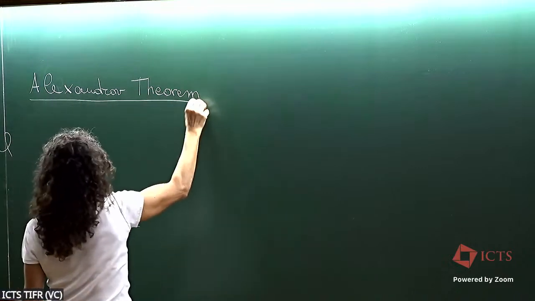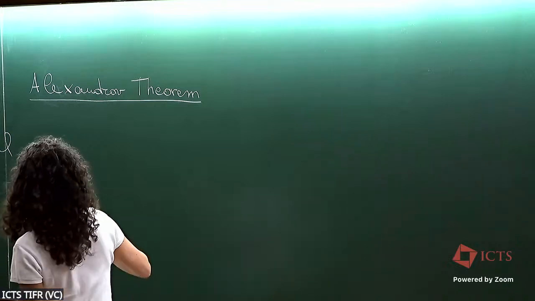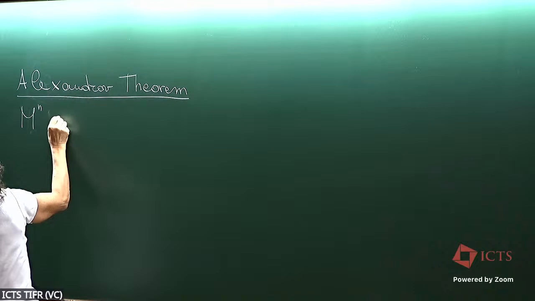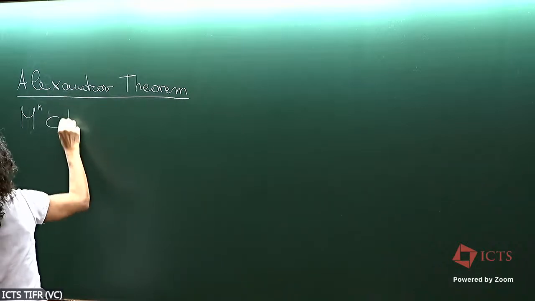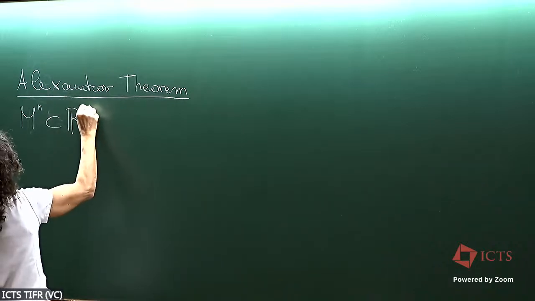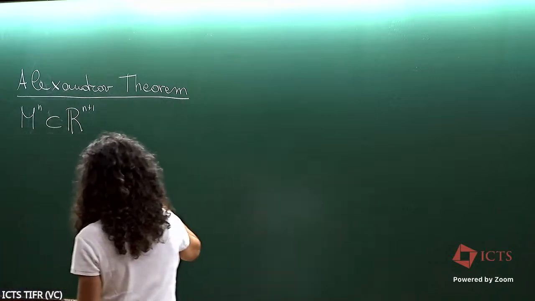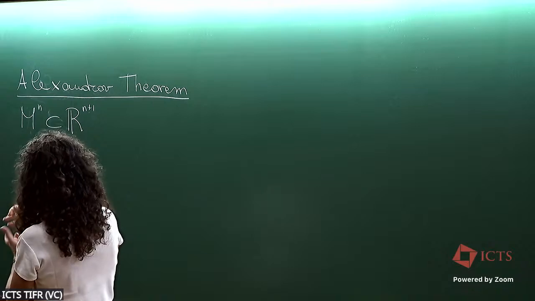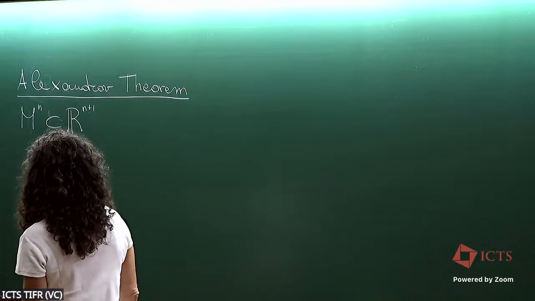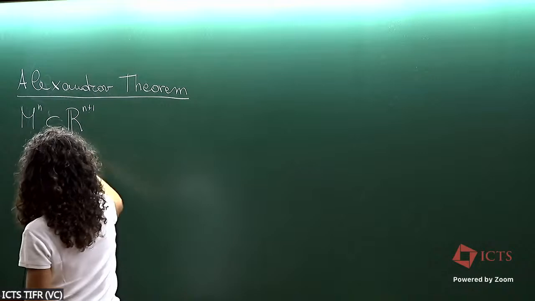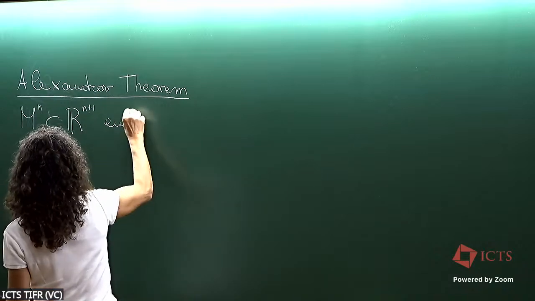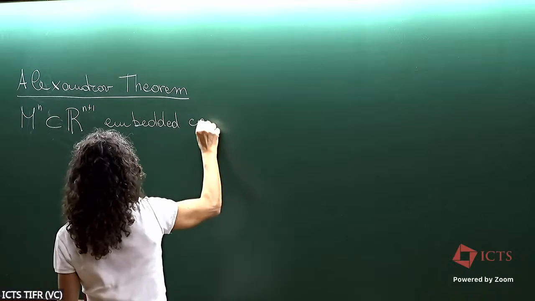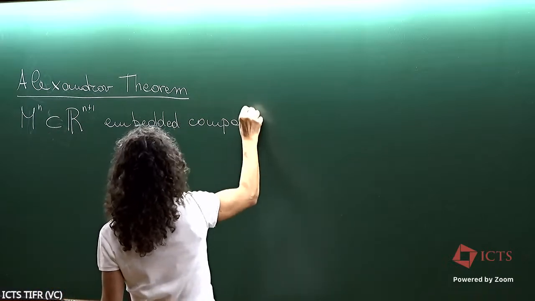That many of you already know, but I will write it down. So if you take M, a manifold in, let's say, R^(n+1), even if you can prove it in other space, in particular in the hyperbolic space in the half sphere. So let M be an embedded, compact hypersurface